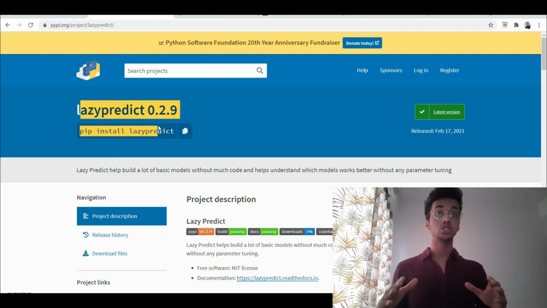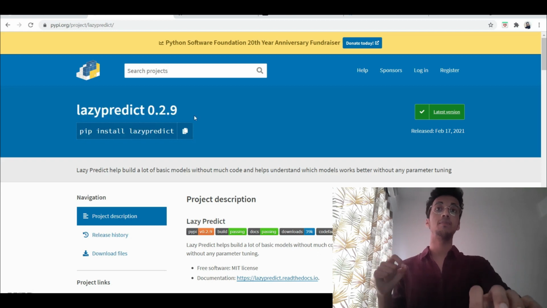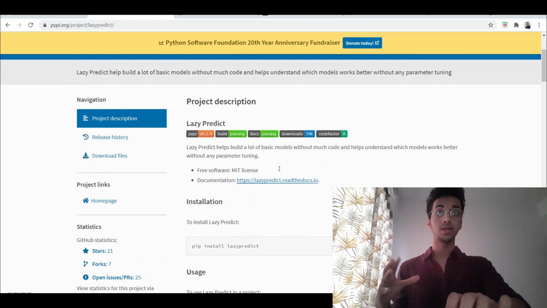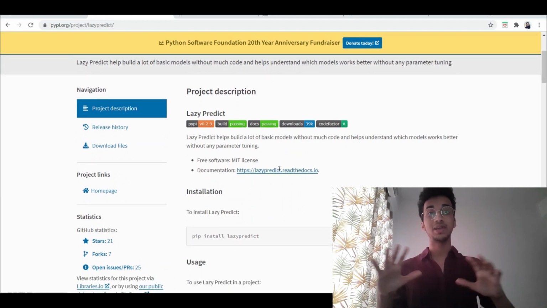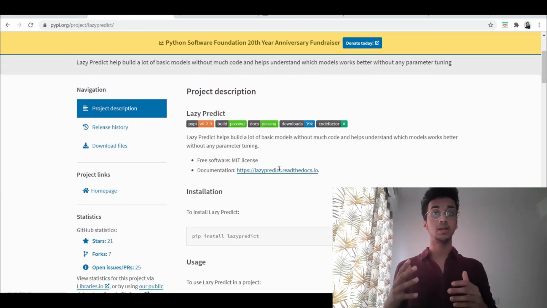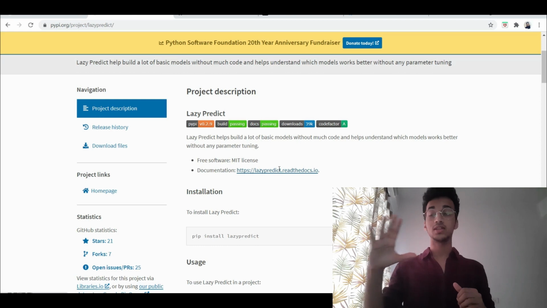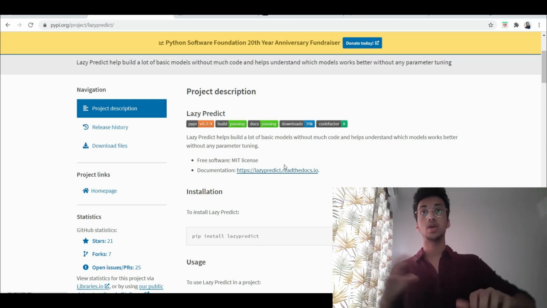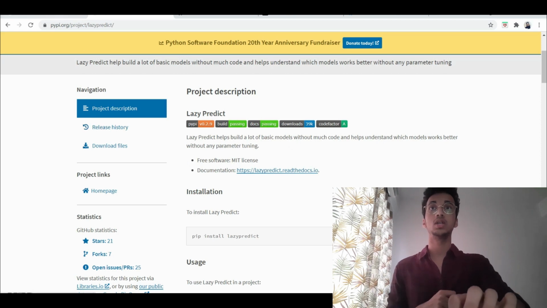This is going to be a very short video. I just want to introduce an amazing library called LazyPredict, and you can check out the original documentation. If you're working on any machine learning problem, regression or classification, and you're confused about which machine learning model to start with, you can simply call this library. You just have to use 2 lines of code and it will train and tune more than 30-40 models for you, in a few seconds as well. So it's very amazing if you want to start with any machine learning problem.